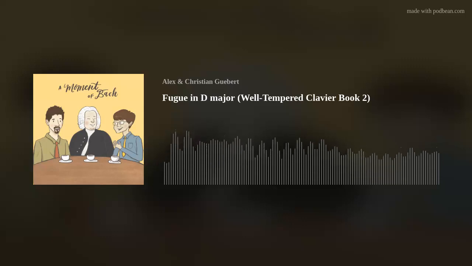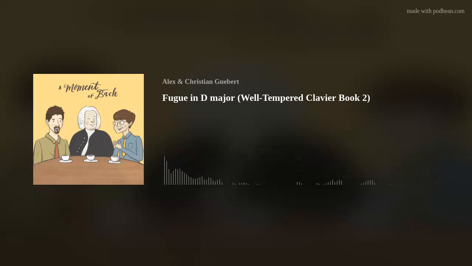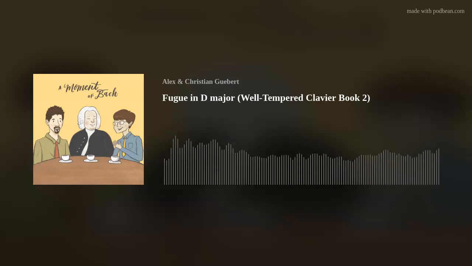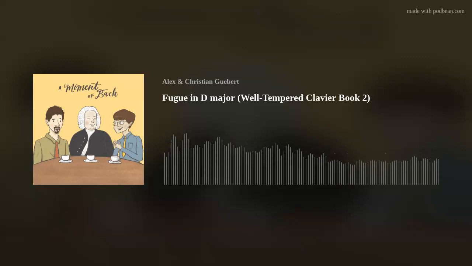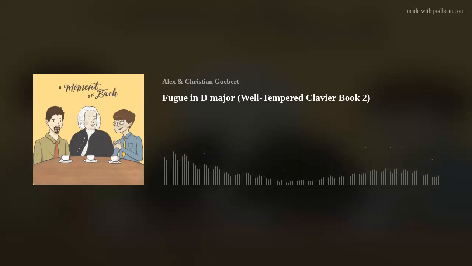We shouldn't get too bogged down in the fact that this is all mathematical locking patterns, because when he's writing this, he is going for a platonic ideal of musical beauty, probably, right? I mean, I don't know about Plato. I don't know if Bach was a Plato guy or an Aristotle guy or whatever, but he knew about that stuff. He knew about the philosophy. He's not just thinking mathematically, right? He's thinking philosophically. He's trying to make something beautiful.